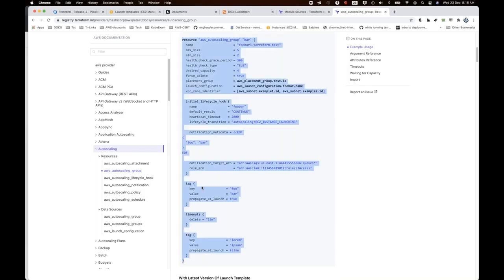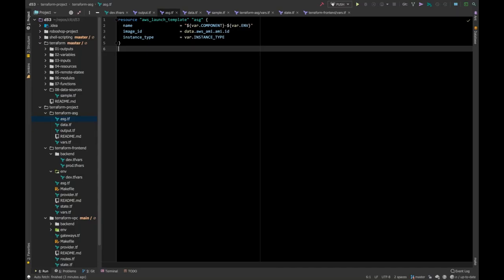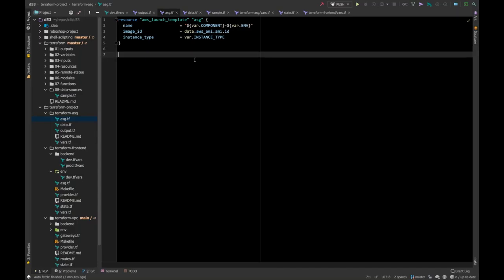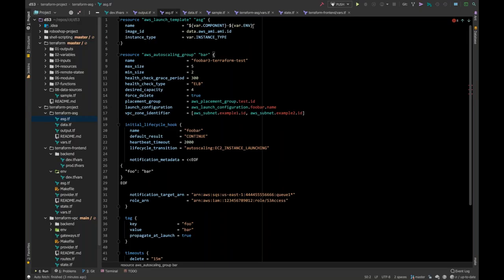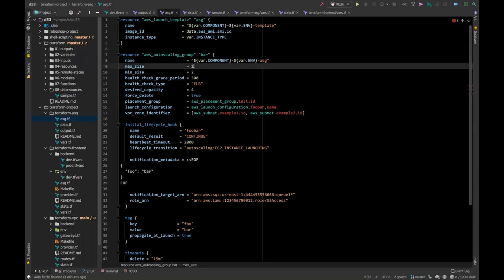For the name, I would say this is a template, and the same way I would choose -ASG, auto scaling group, and the maximum number of instances is 1,